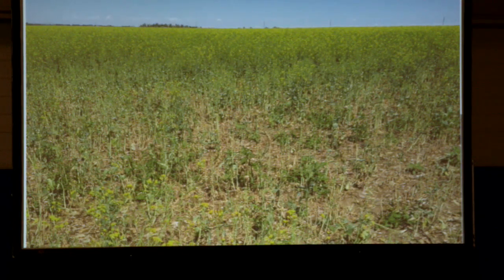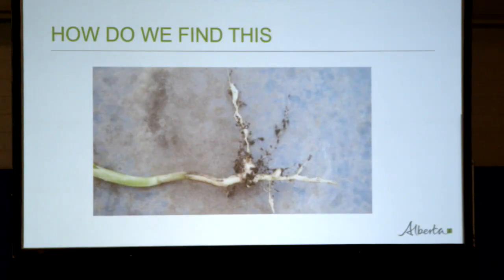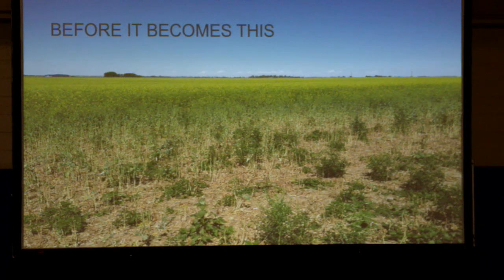At least part of this answer is because we're not detecting clubroot until we see this. We see a dead patch in the field or above ground symptoms, and we're going, what's that? Oh, I guess it's clubroot. This is a photograph that I got. I can't remember if it was Dan Orchard or Greg Sekulic from the Canola Council who gave me this picture. They found this plant. There were no above ground symptoms, just small swellings on the root. So how come we can't find this before it becomes this? If we can detect it early, it's much, much easier to manage this disease. But once those resting spore populations get high, it almost becomes unmanageable.